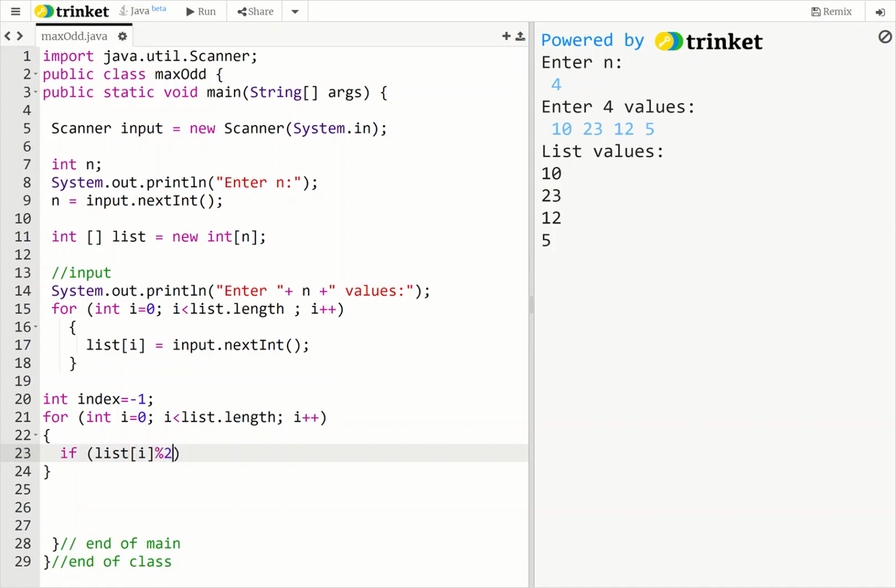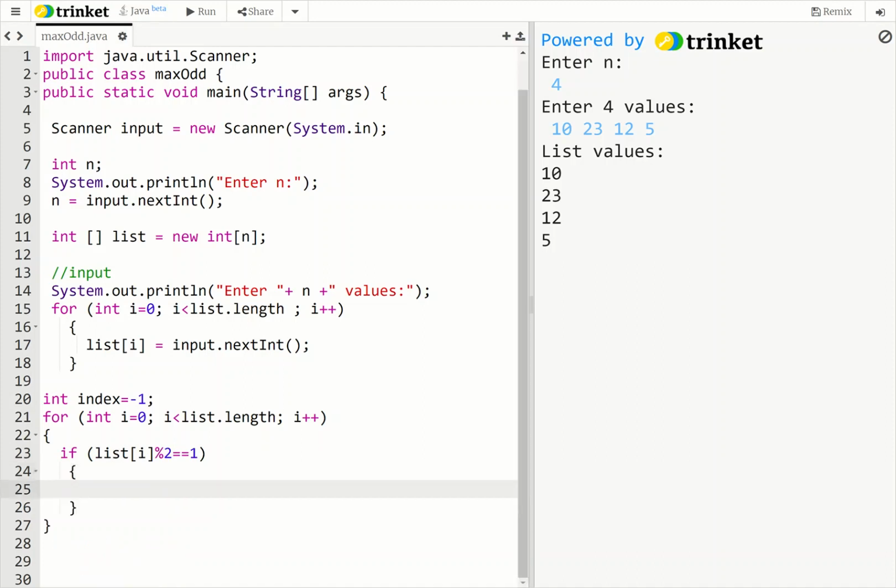How can I check if the number is odd or even? We will say modulus 2 equal 1. If it is equal to 1, then it means this is an odd number. What I have to do, I have to do two things. I have to say index equals i, and also I have to do a break. I'll just have to stop the loop